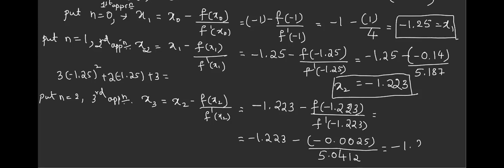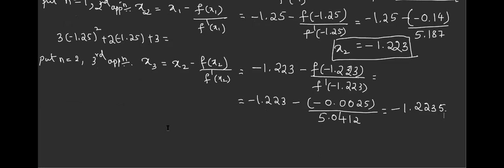Minus 1.2. Approximately I can guess, 2. Minus 1.2234, ma'am. 2, 3. After 3, 5. Write it to 4 decimal places because they have asked in the example for 4 decimal places. Okay, this is the third approximation. Let us find one more. The difference is actually very small, but we can go for one more.